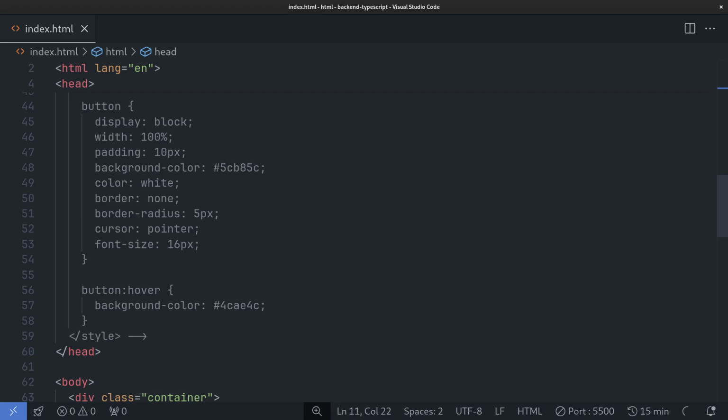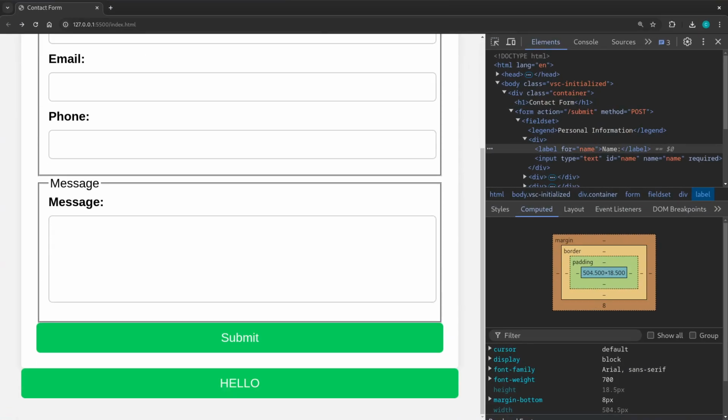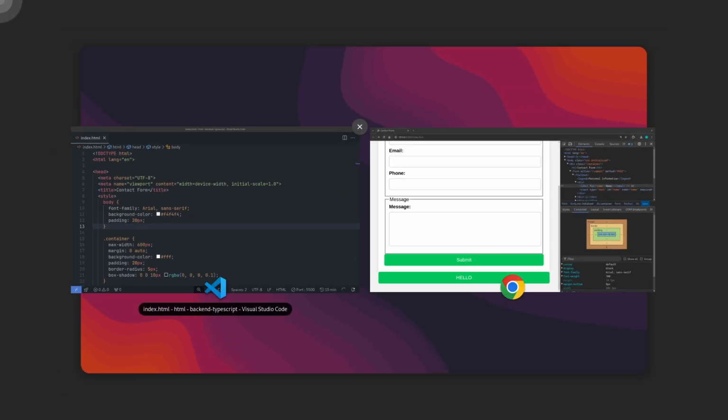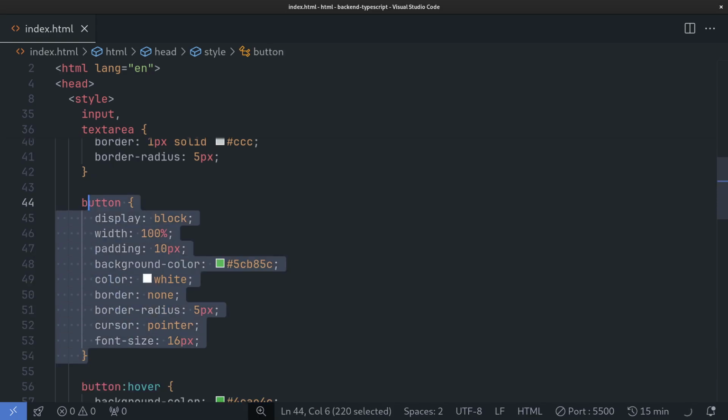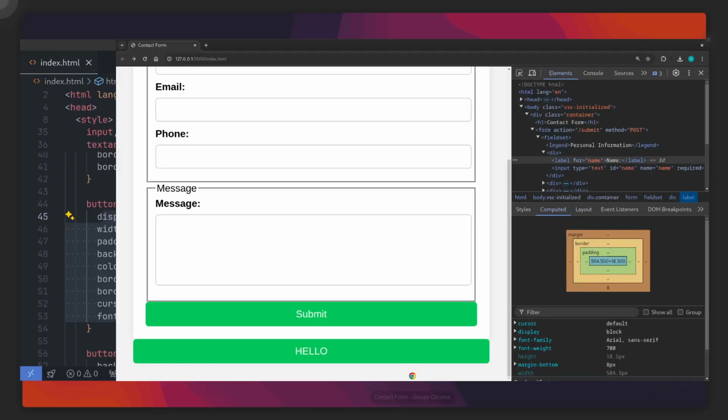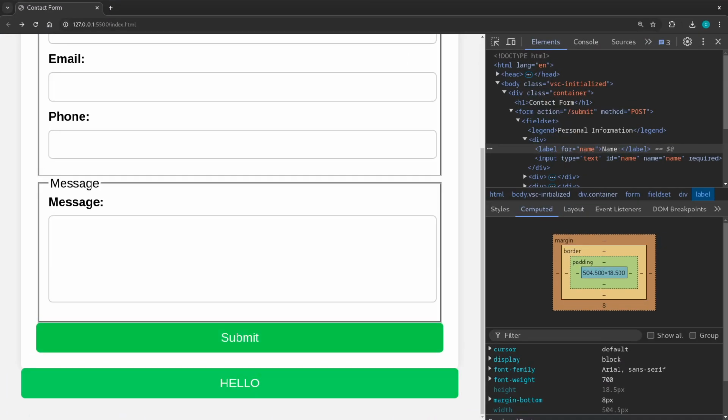So let's uncomment it and go back to the page, and you see the page is so nice. And you can see we changed the hello button without saying, hey, change the hello. Why? Because we are using a button selector that says, hey, please apply this particular style to all the HTML buttons. I think it's crazy. I think it's so useful, and look, the result